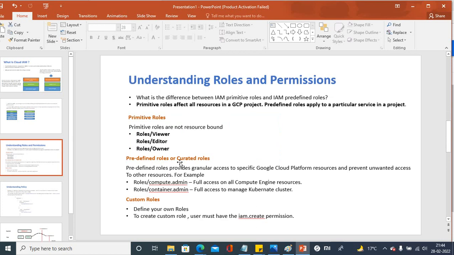And understanding the roles and permissions. What kind of roles and what type of permissions are here? There are primitive roles, predefined roles, and custom roles in the IAM section. So primitive roles means these roles are